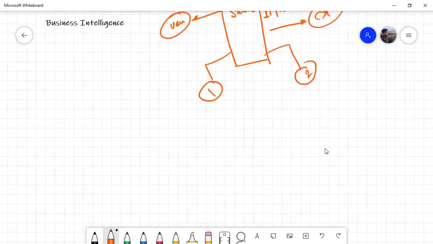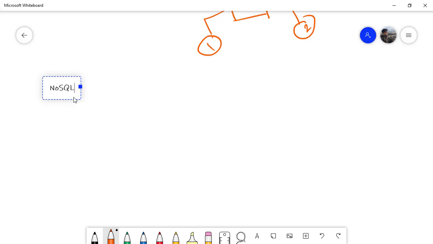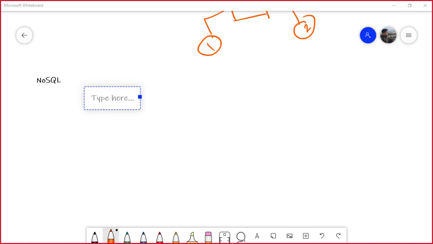Now we're going to move on to the next section of our course, which is the SQL. So what we saw so far in the databases world is that the data